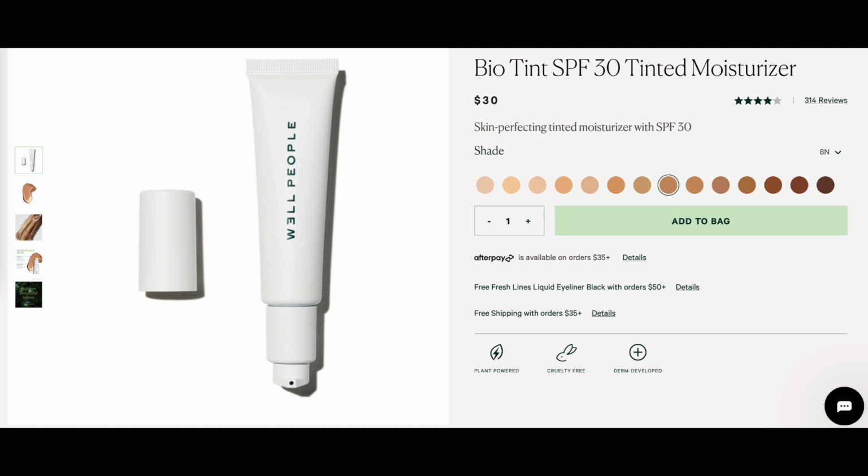So first things first. I've been grabbing this a ton this month. This is the Well People Bio Tint SPF 30. And the shade I wear in this is the shade 8N. I'm actually wearing it on my face today. It is just such a pretty tinted moisturizer. It just melts into the skin. It gives me the amount of coverage I want without it being, like, it's a very good no makeup product, because the way it melts into the skin, it's almost like, are you even wearing anything? I'm unbelievably impressed with this, and I really enjoy the wear throughout the day. It doesn't patch off kind of funky. It wears off really nicely, and by the end of the day when I'm washing my face, it's still on, which I love. It plays well with other products. I did a whole review on this, so I won't get too crazy, but this is a really good product and I'm a huge fan, and I've been grabbing it a ton because